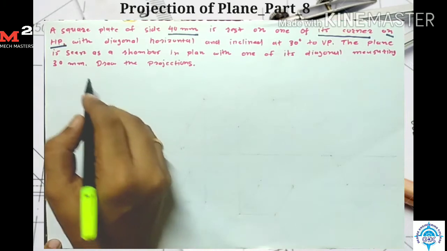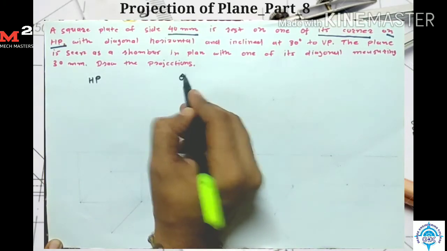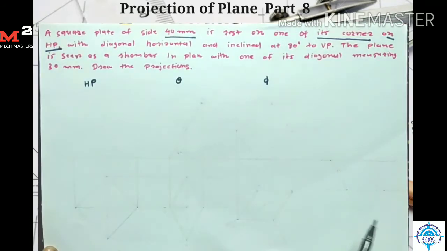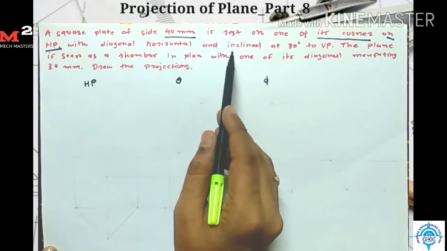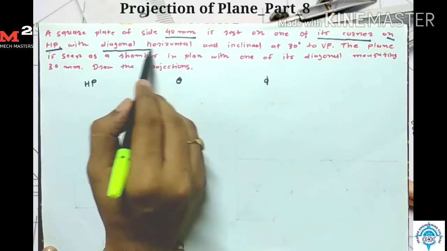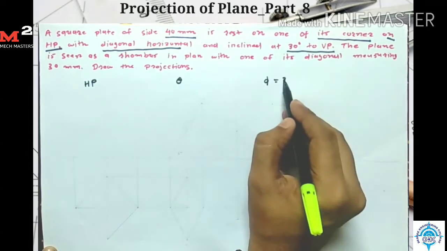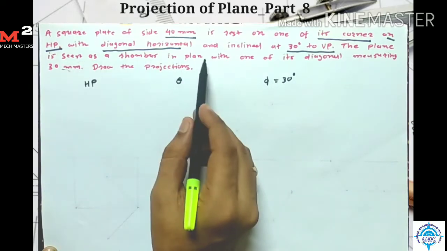So I write down here first stage for HP, second stage for theta, and third stage for phi. A square plate of side 40 mm is resting on one of its corner on HP with diagonal horizontal and inclined at 30 degree to VP. So phi is equal to 30 degree. The plane is seen as a rhombus in a plan